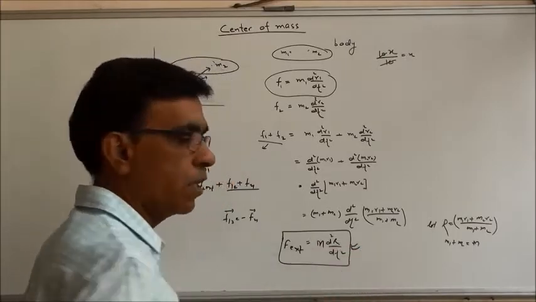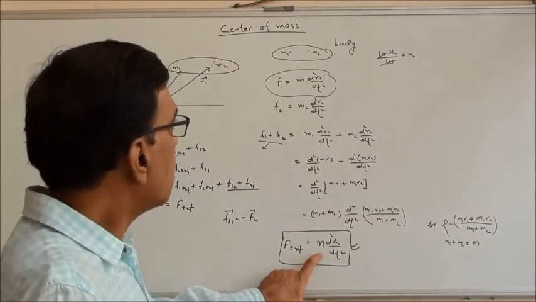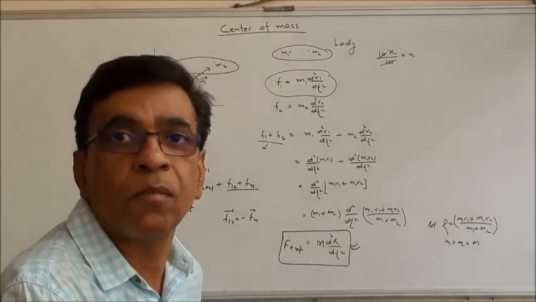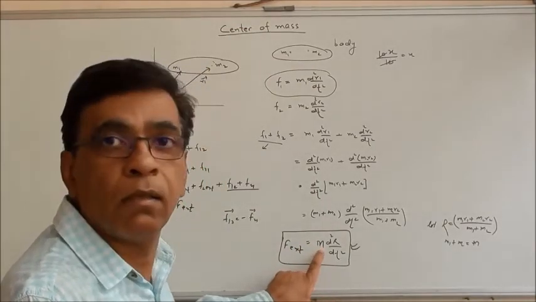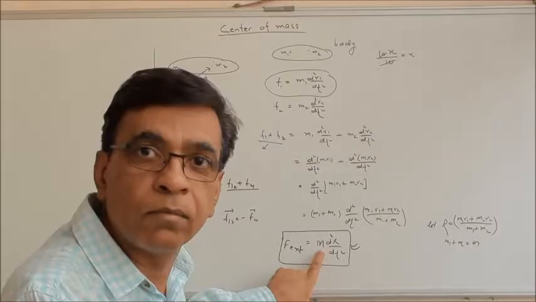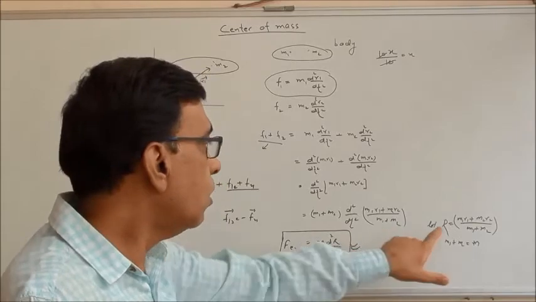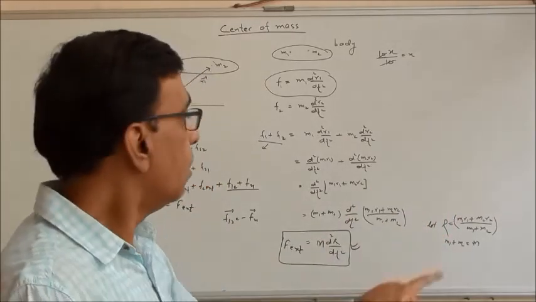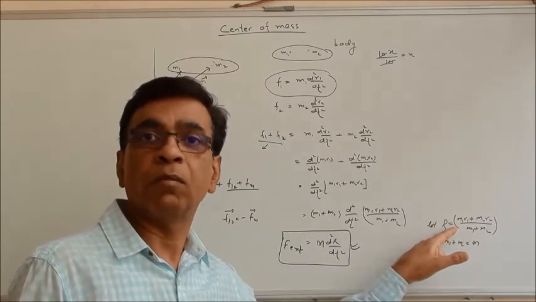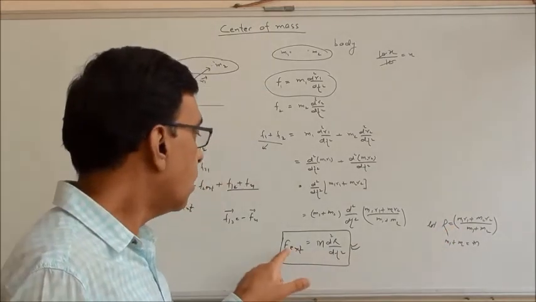Now see this equation. This is again of the same form. Force is equal to mass into acceleration. Mass is total mass. Acceleration of a point described by this, m1r1 plus m2r2 upon m1 plus m2, and this is the external